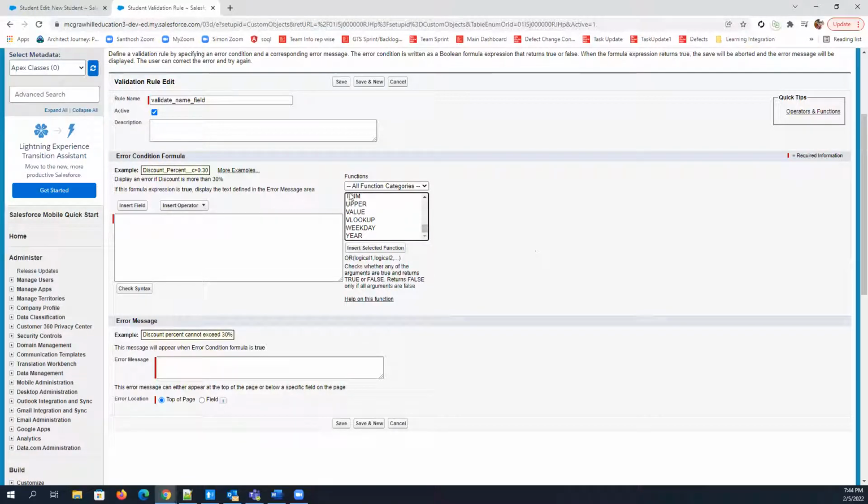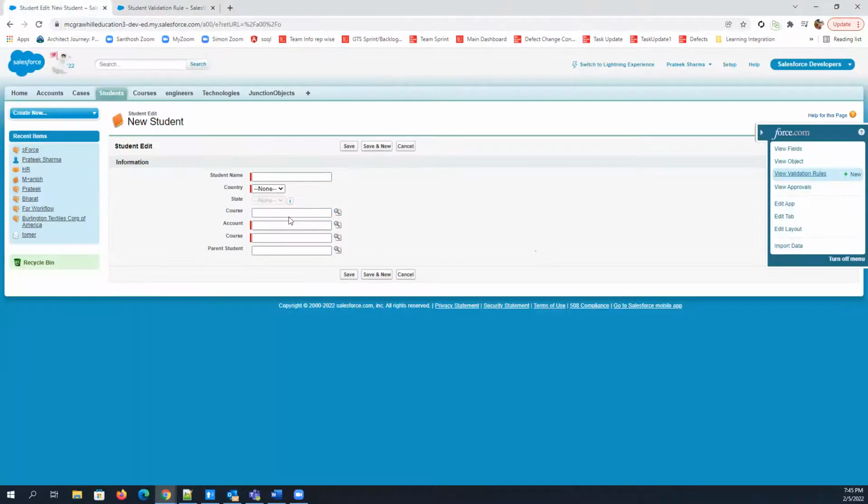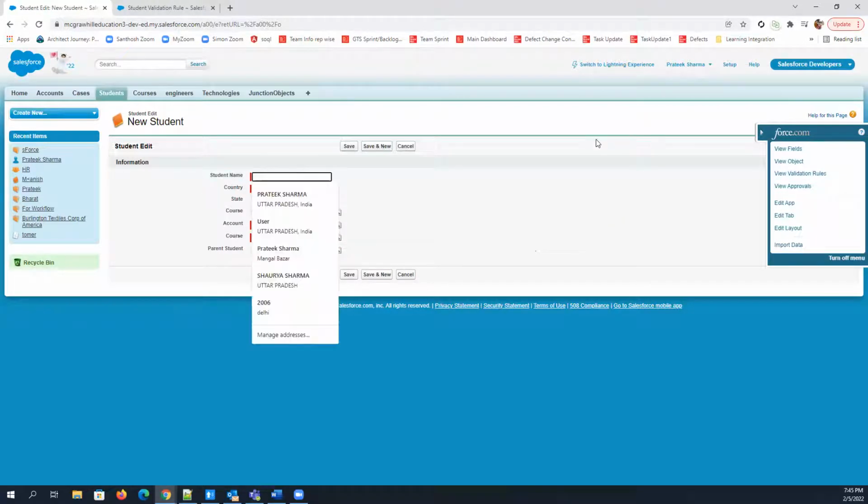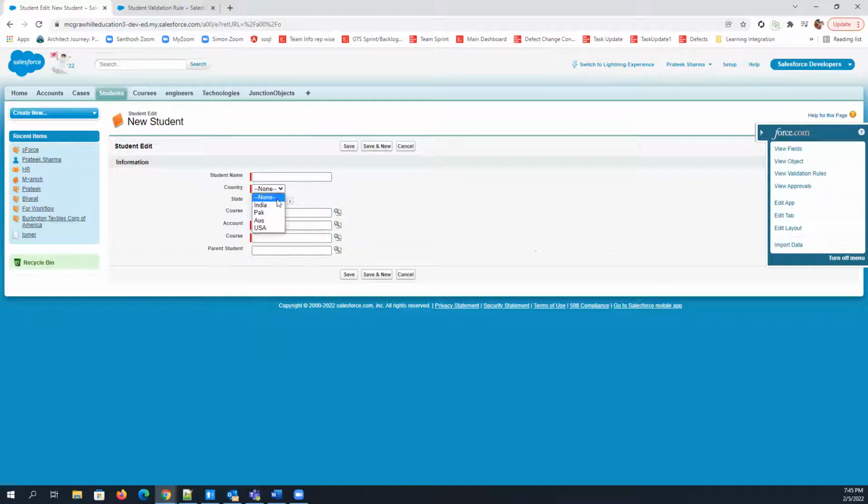And that's it. So these are the functions that you can use in your daily work in validation rules. So we can put in any validation rule. Let's discuss one scenario of validation. What we can check is, if student name equals, let's say, Pratik, and country equals India, then we should show an error on the top of the page that you cannot select Pratik along with country as India, right? So I'm just taking it without any significance, just to show one or two functions here.